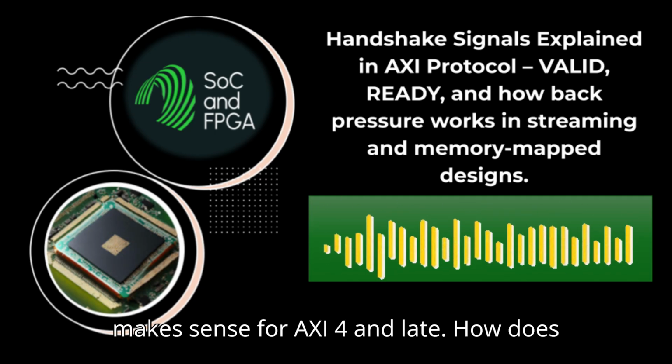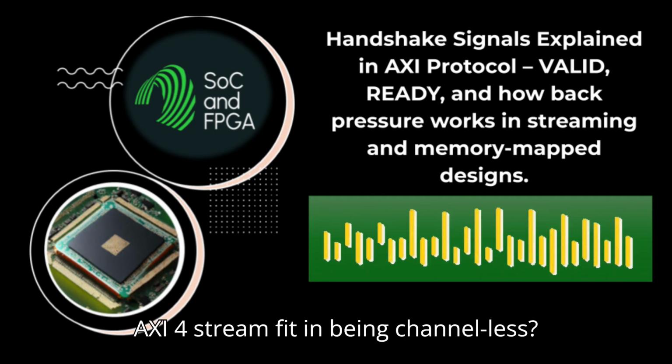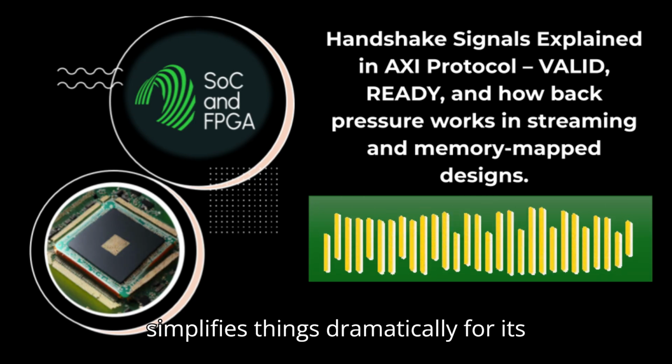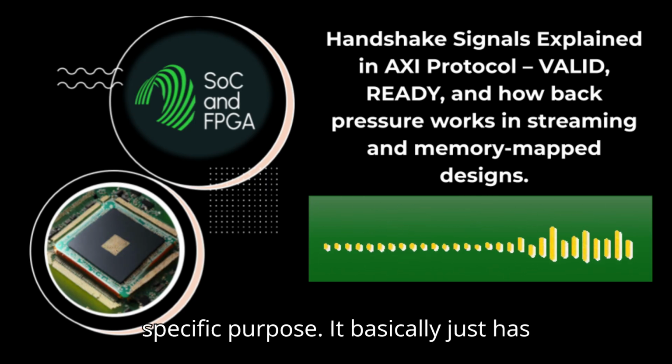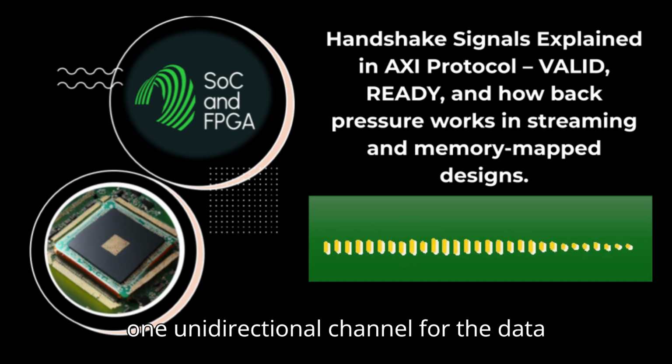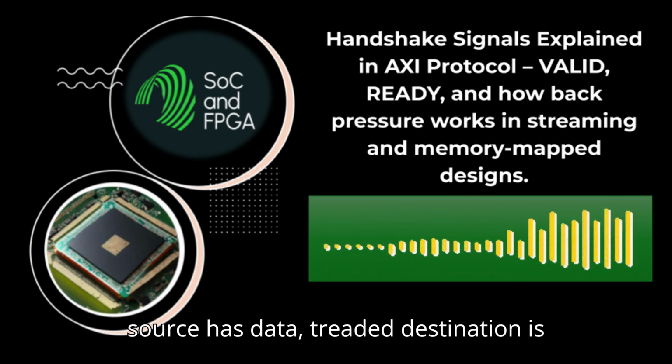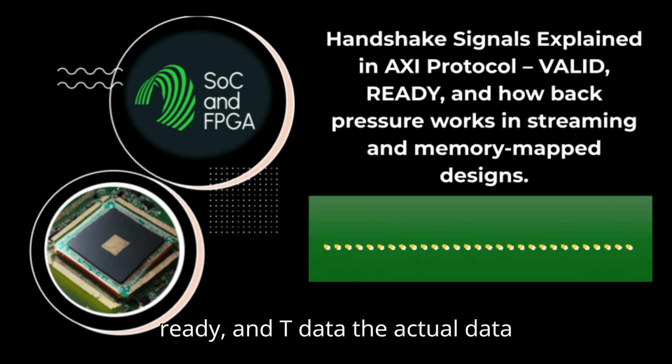Okay, that makes sense for AXI4 and Lite. How does AXI4-Stream fit in, being channelless, essentially? Well, AXI4-Stream simplifies things dramatically for its specific purpose. It basically just has one unidirectional channel for the data itself. The core signals are just TVALID, source has data, TREADY, destination is ready, and TDATA, the actual data